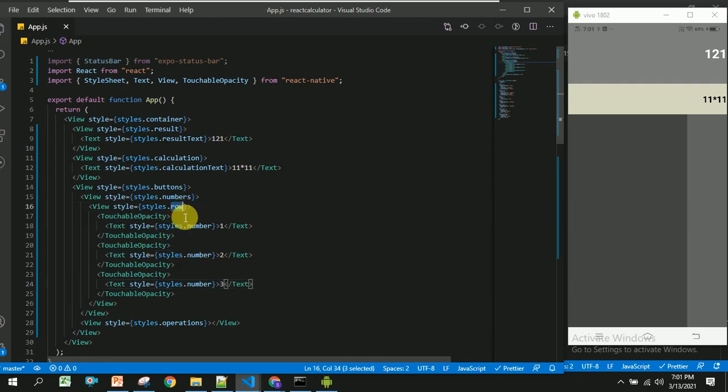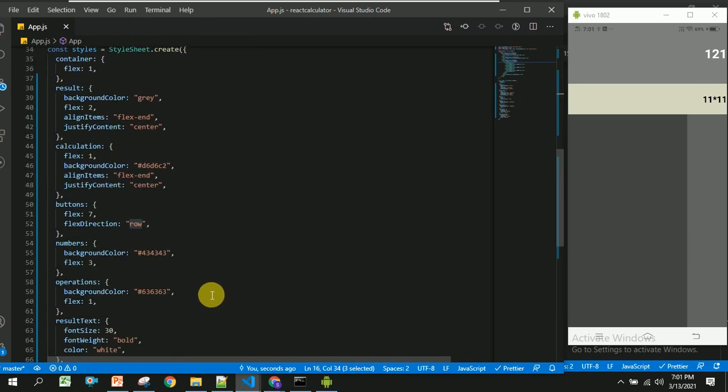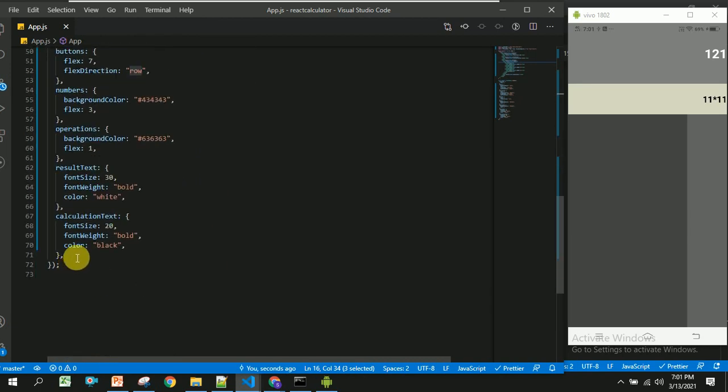Now we will write some styles for this. To this, I am going to give flex direction as row, because we have to show the numbers in the same horizontal line, and flex as 1.